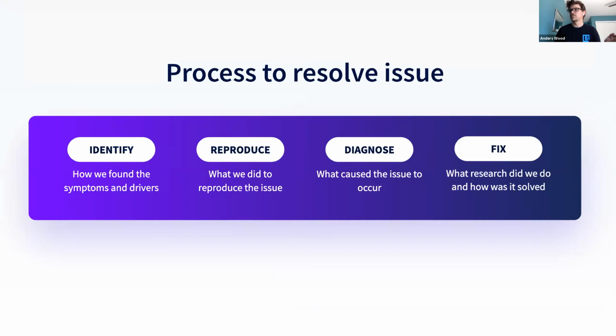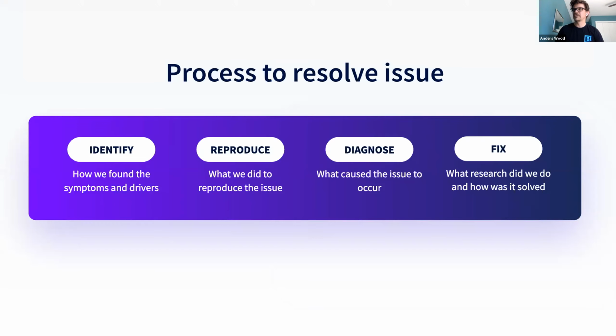We went through this process that's laid out here. This is kind of a hindsight application of this process. We did walk through it, but it didn't have these labels at the time, but now it's easier to talk about when we apply these labels. So I'm going to walk through the identify and the reproduce steps, and then Emmi will take us through the